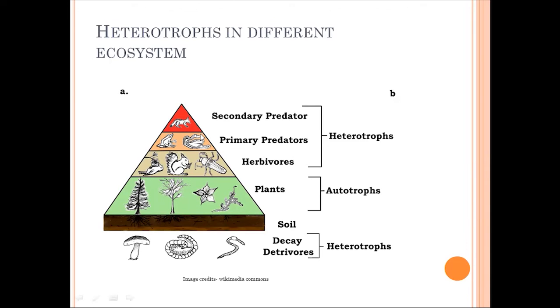The distinction is not rigid. One animal will function as a secondary consumer in one ecosystem, it might be a tertiary consumer in another ecosystem. So this can happen. But herbivores are those which feed on the plants. And then we have the detritivores or the decomposers. Earthworm, fungus, and the millipedes. You all know millipedes, arthropods, they are also the decomposers.